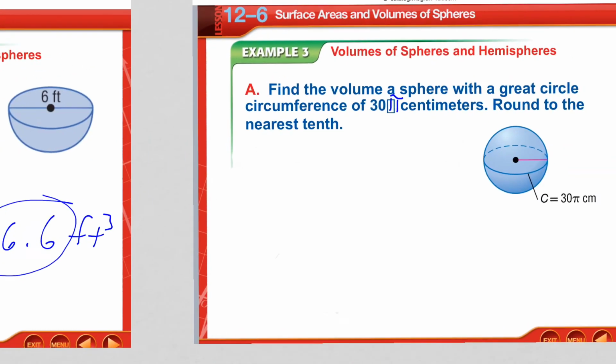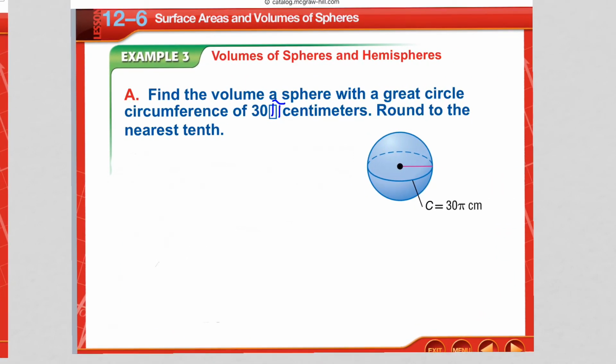Our last example here, you might have one, maybe 2 of these problems. It says, find the volume of a sphere with a great circle circumference of 30 pi. Round to the nearest tenth. So a great circle is this circle that you see going around here. So when we're talking circumference, please remember circumference, the easy version is pi times diameter. So if my circumference is 30 pi, remember I replaced the C with 30 pi, and to keep pi times diameter, what makes it really easy is the pi drops off, so that means 30 is my diameter,